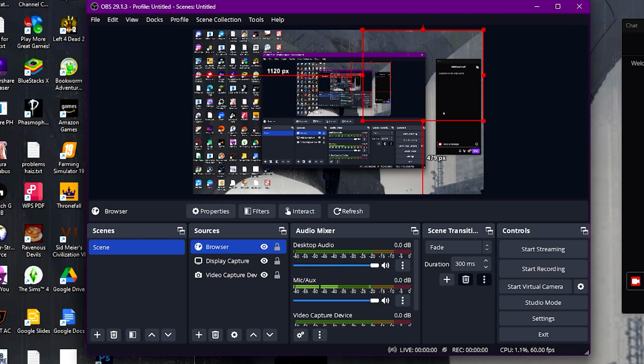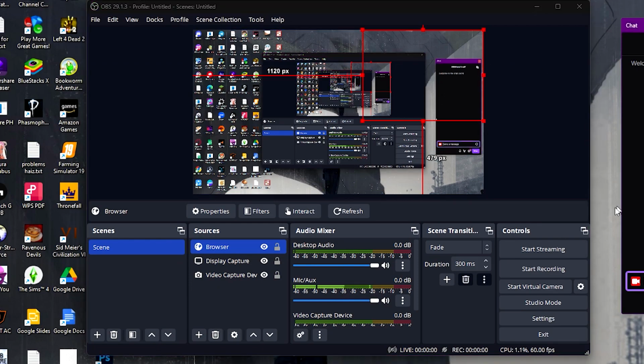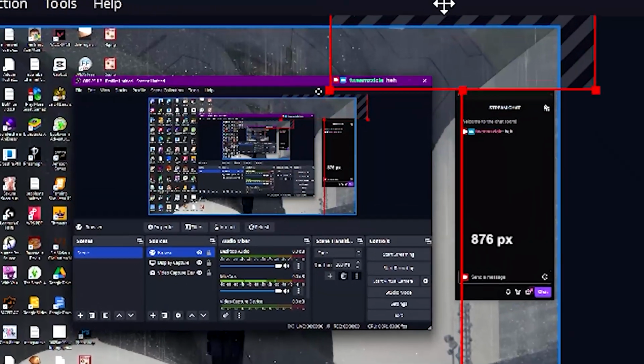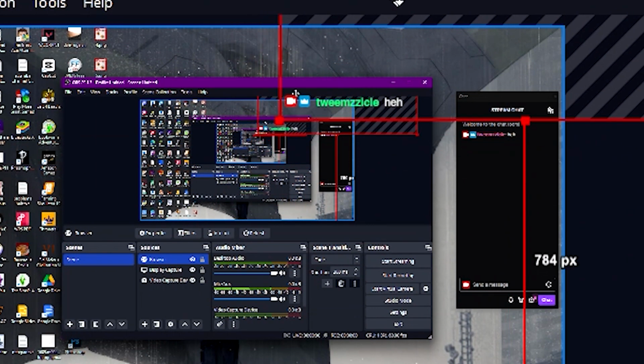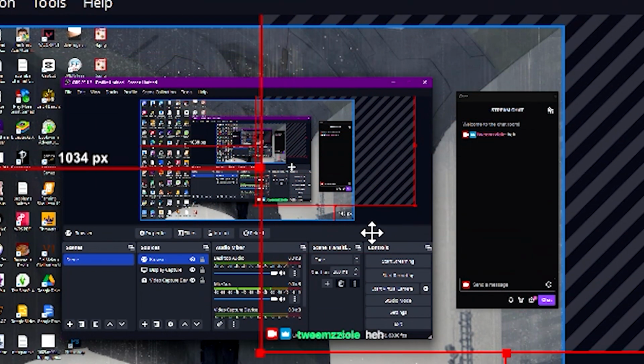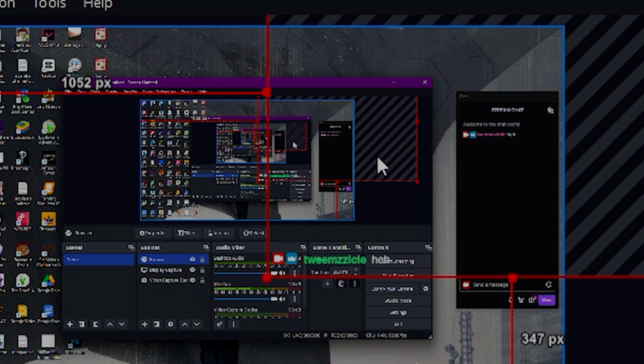So just to show you how it works, if I do chat here, as you can see, it did appear here on my chat. As you can see, that small little thing. Can even zoom it in. See, it works. That's it. That is how you can add your Twitch chat on